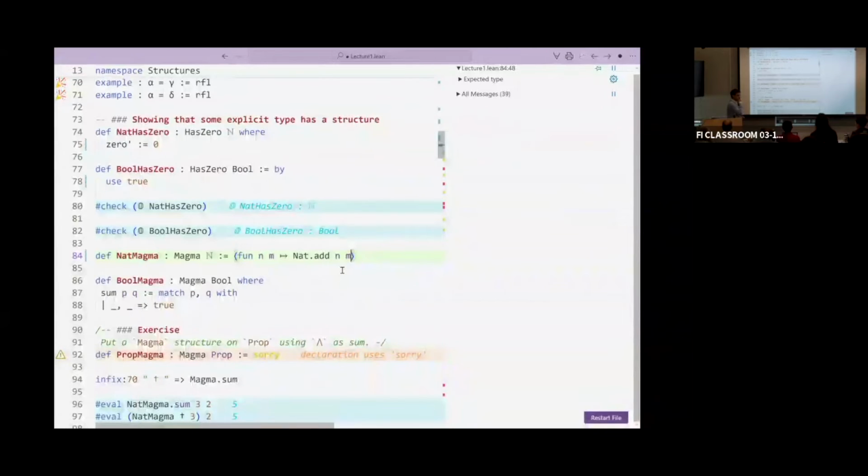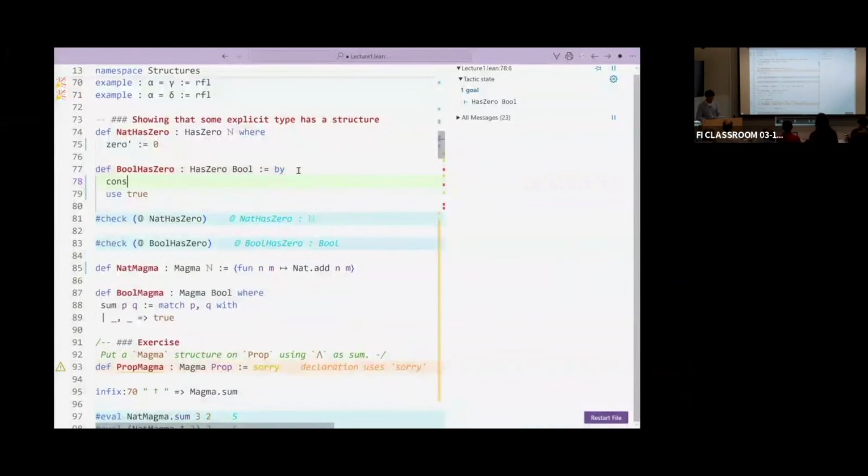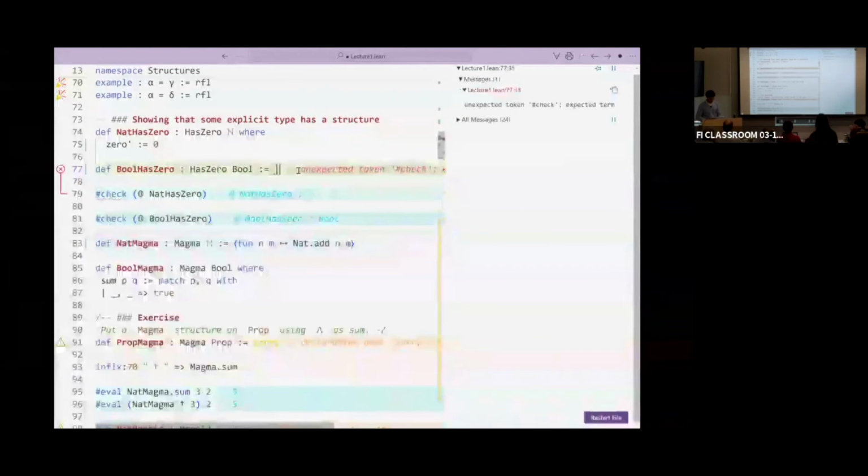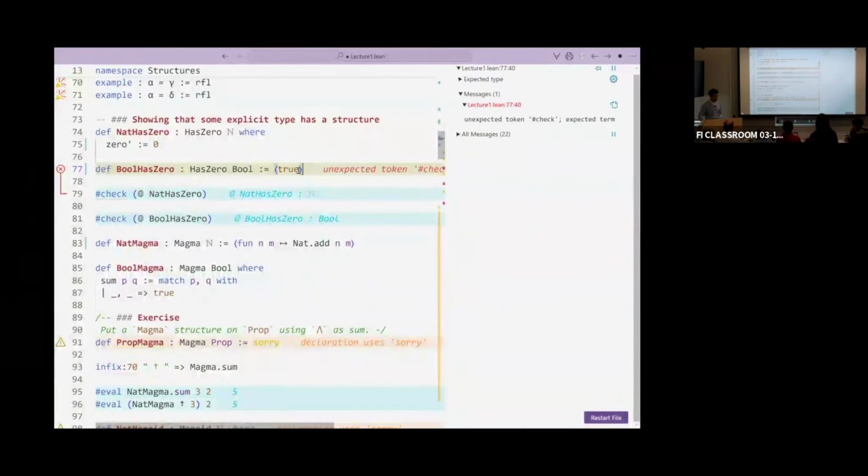So why are you allowed to just use and something? Is it just because zero has only one field? Yeah, exactly. If you want, I can do constructor. It would be the same. Oh, I see. I can add this constructor, but it doesn't change anything. Okay, and this is also equal to saying, all the same. Okay.